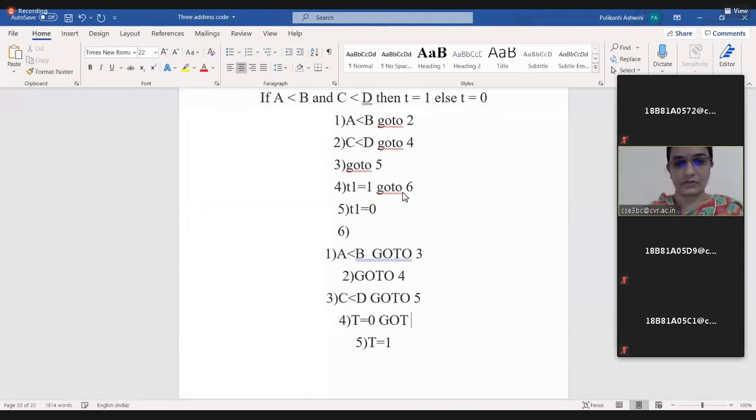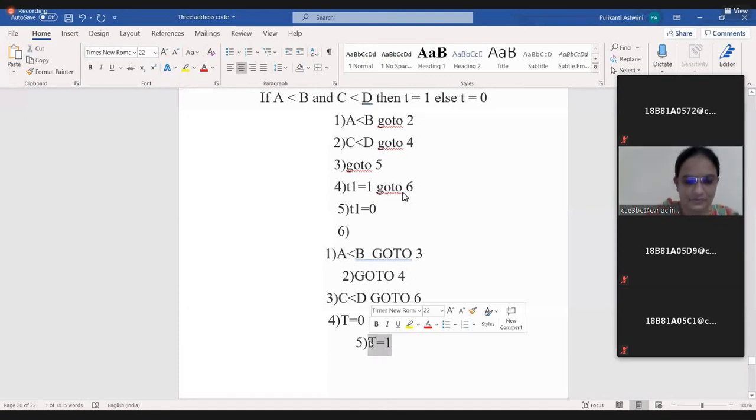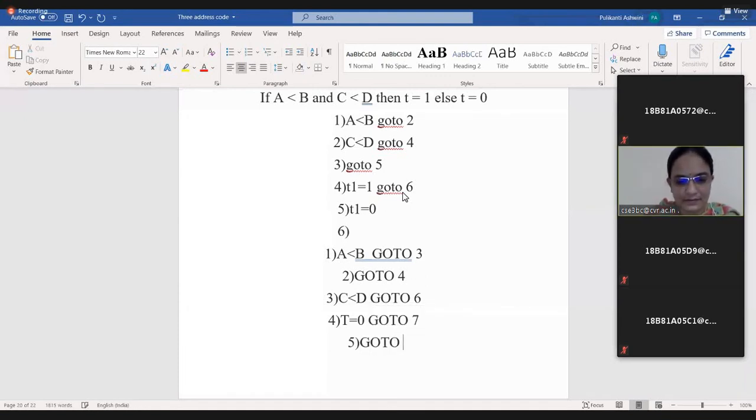Go to 7 in the fifth step, and in the third step go to 6 instead of 5. Where do you want me to write the go to 7? In the fifth step.